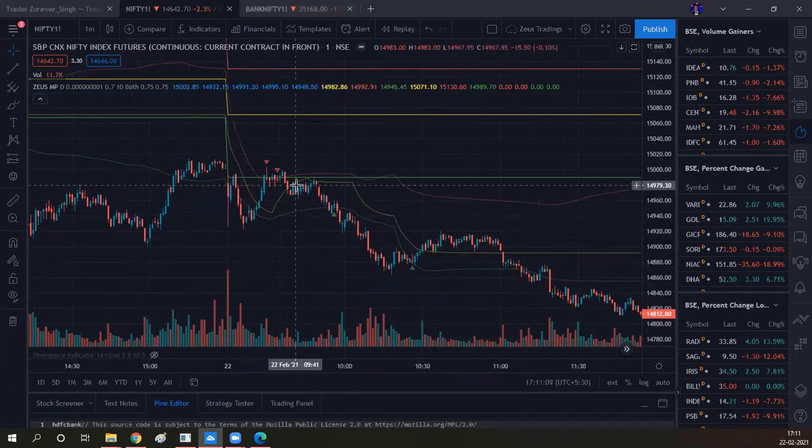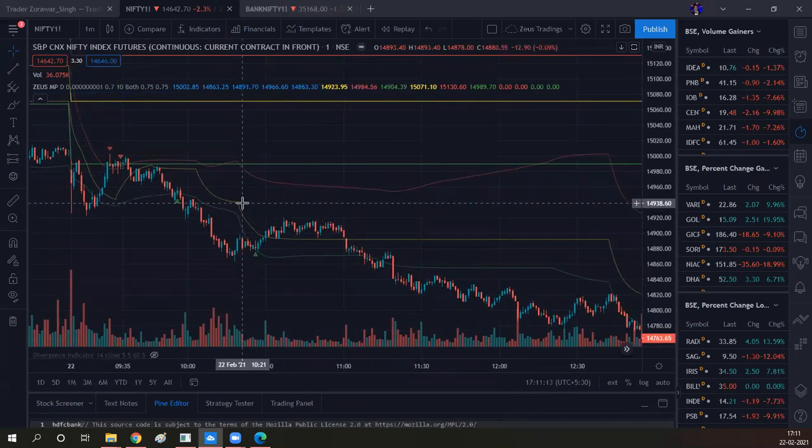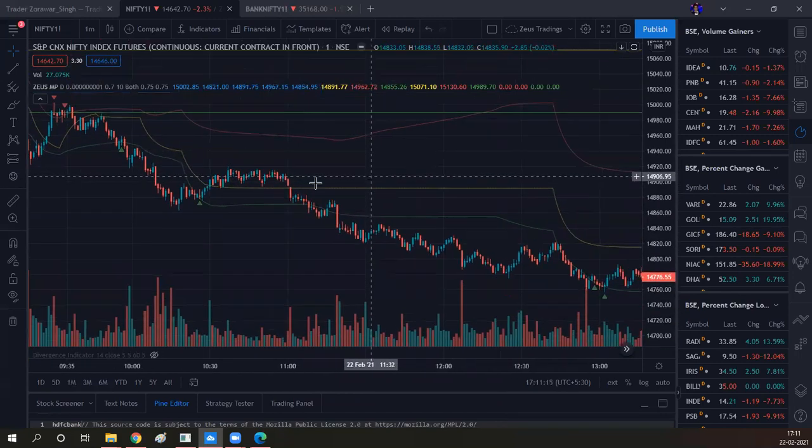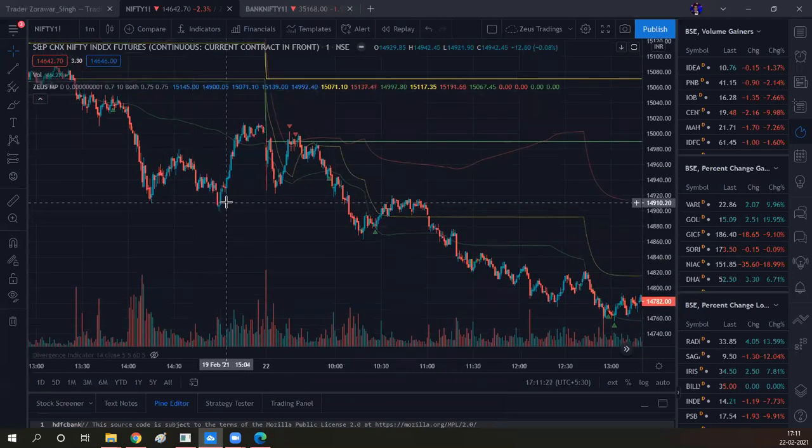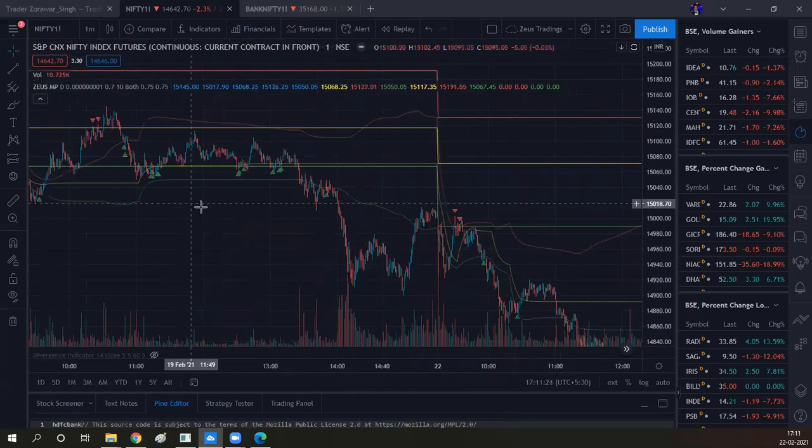So all this indicator plots is basically price action on key levels. The biggest task was to get the key levels and then to plot the price action around it. Now, again, you cannot just blindly rely on every buy or sell signal you get, because you should say, let's